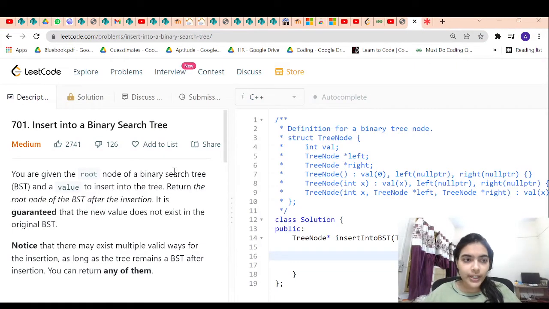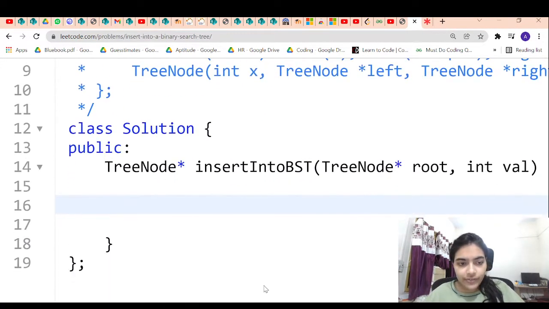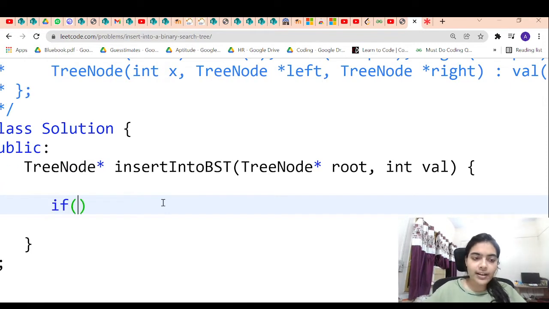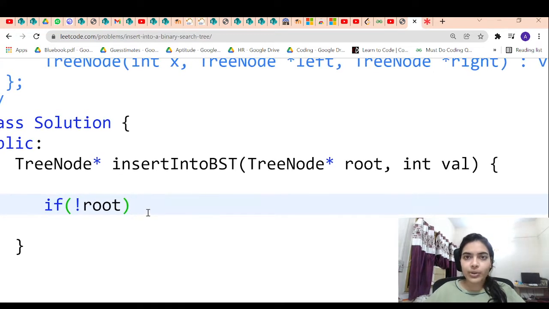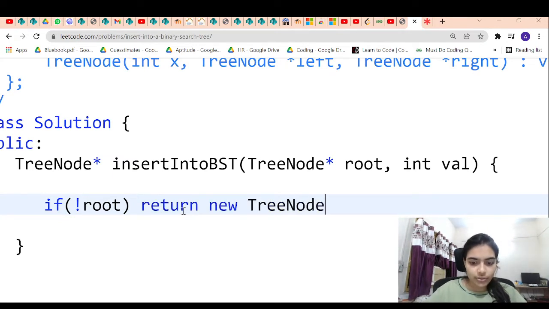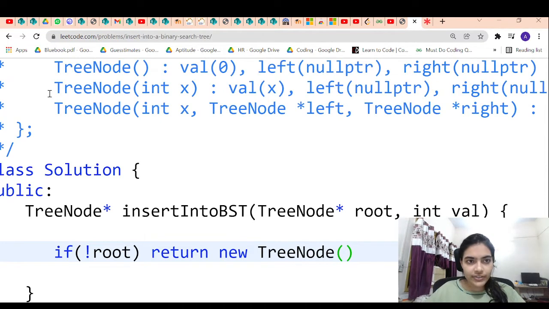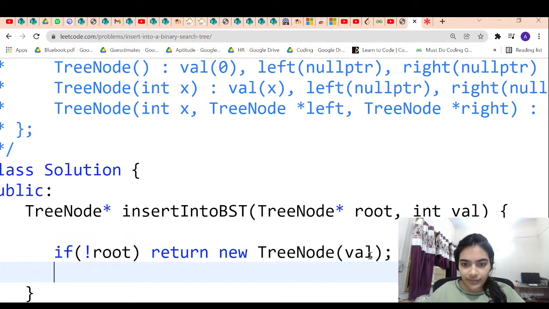Let's move forward to the coding part. So we have first condition, if the root is null, then in that case you have to insert. So if the root is null, or a simpler way to give this condition is if not root. That means if the root is null, in that case you have to insert the node there and return. Okay, so let me create a new tree node, and there's a constructor function which takes the value and creates the node. So let me just pass the value. This function will ensure that a new node is created there. It will have the value which we are giving and we can return that particular node.